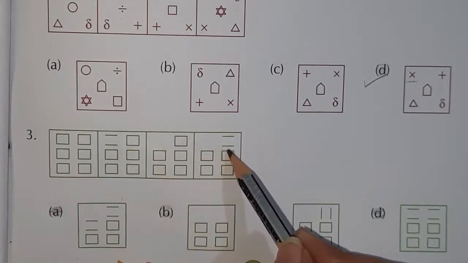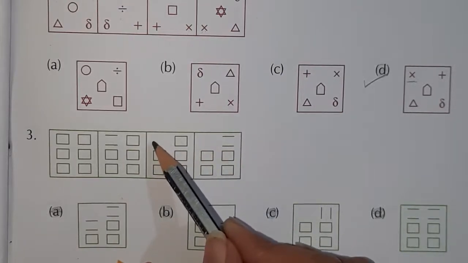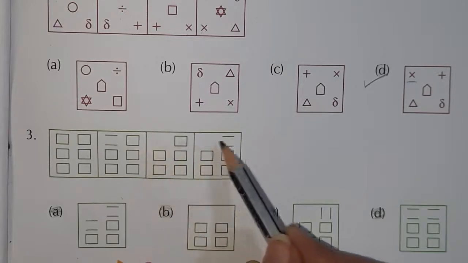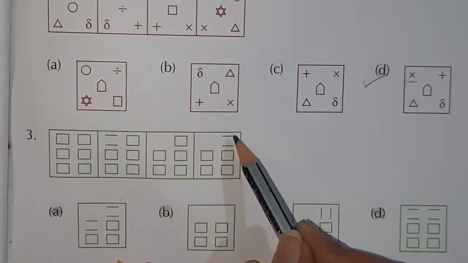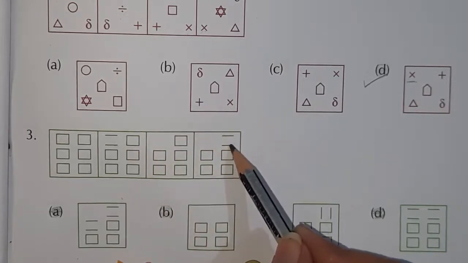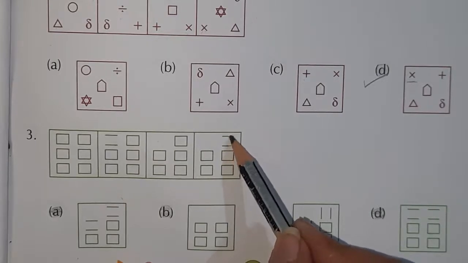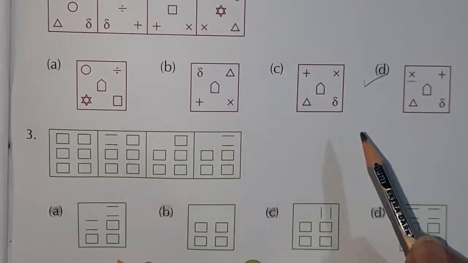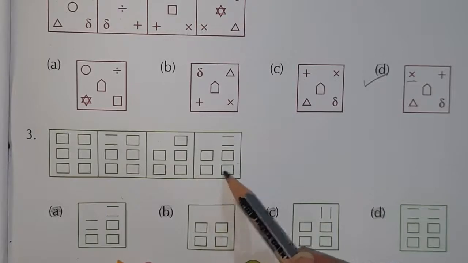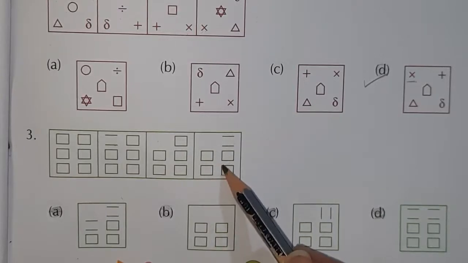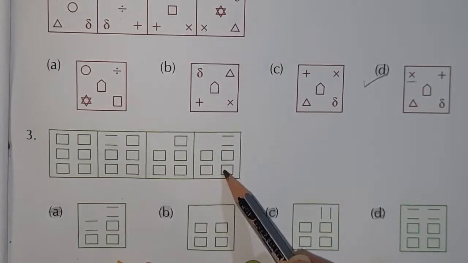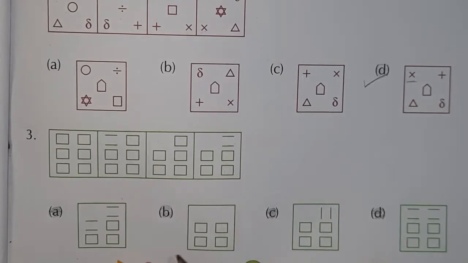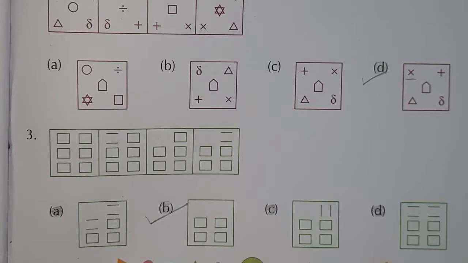Then in the next figure the change was done to the left side. Now the change has started to the right side. 2 line segments are removed. Now we will remove these 2 also in the next step. Only these 4 rectangles should be in our answer. So check there, 4 rectangles, only 4 rectangles in B. Got it?